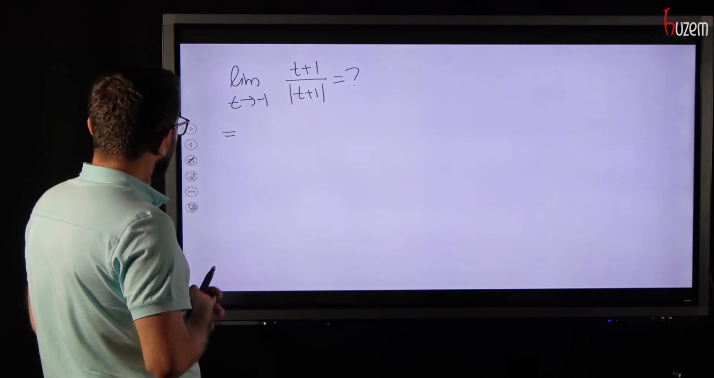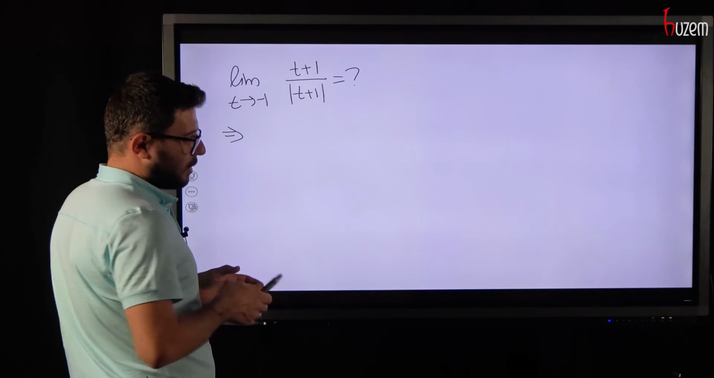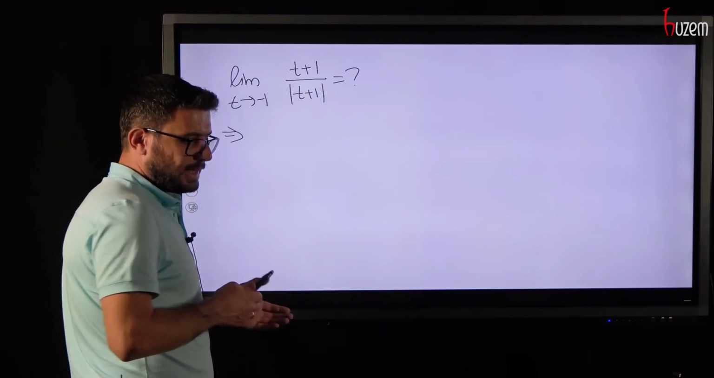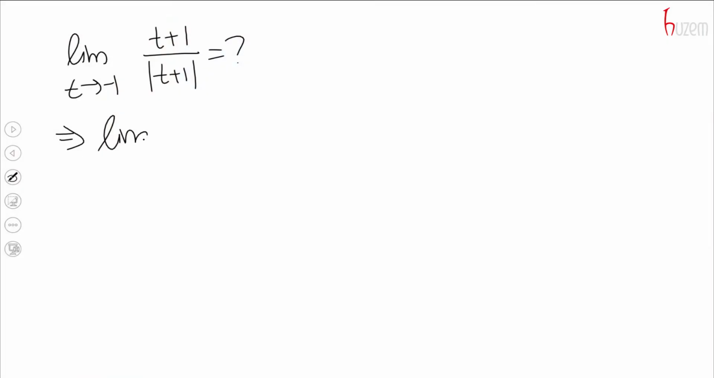To avoid this issue, we need to check the limit from the left and right and see if they coincide or not. So we will check the limit as t approaches negative 1 from, say, the right. We will have again the same thing. Now we are approaching negative 1 from the right. That means we have, again, let's put everything